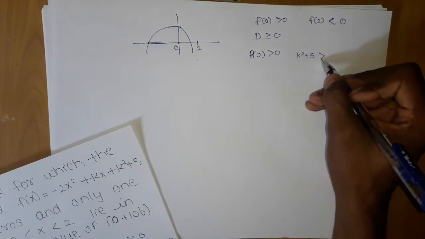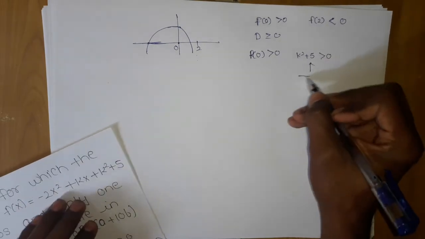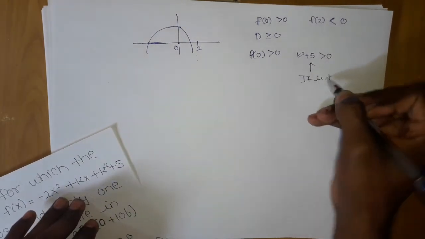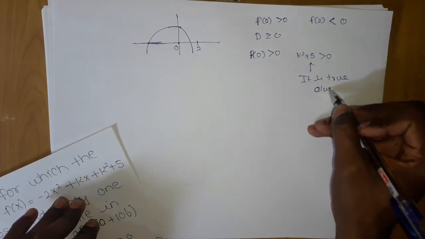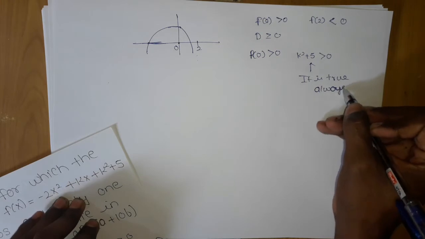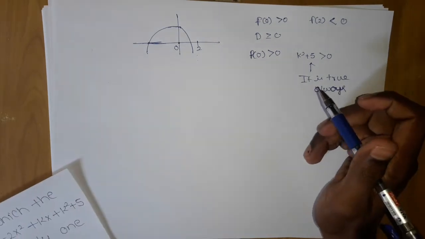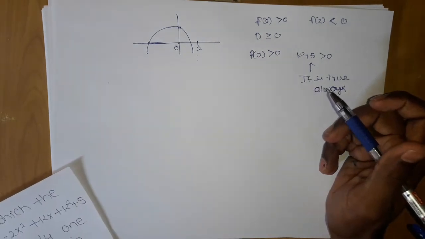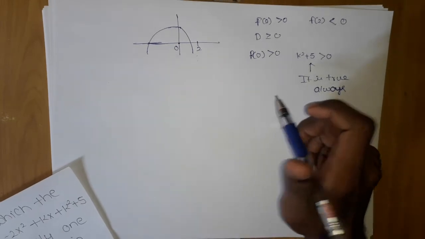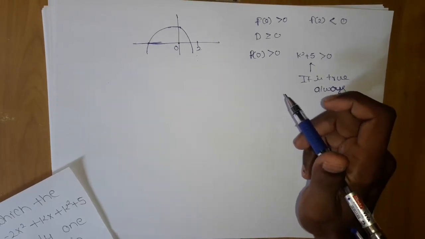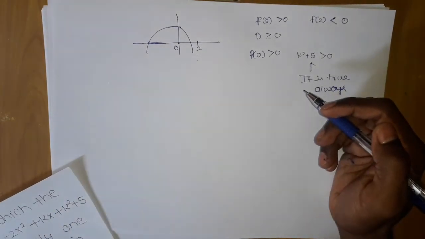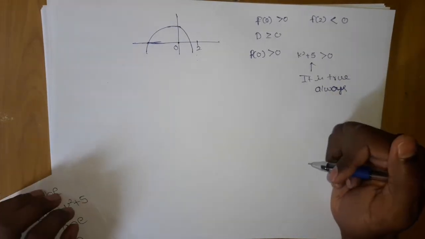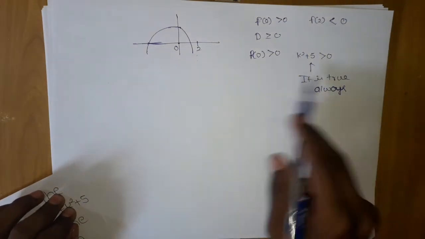Which should be greater than 0. Now it is true. We took the wrong condition. In the first, it is always true. And I was thinking that there is some second graph, one more graph is possible for this. So I was thinking this graph can also occur, and in that thinking I made that mistake of taking f of 0 and solving it further. Now we got this, it is always true.